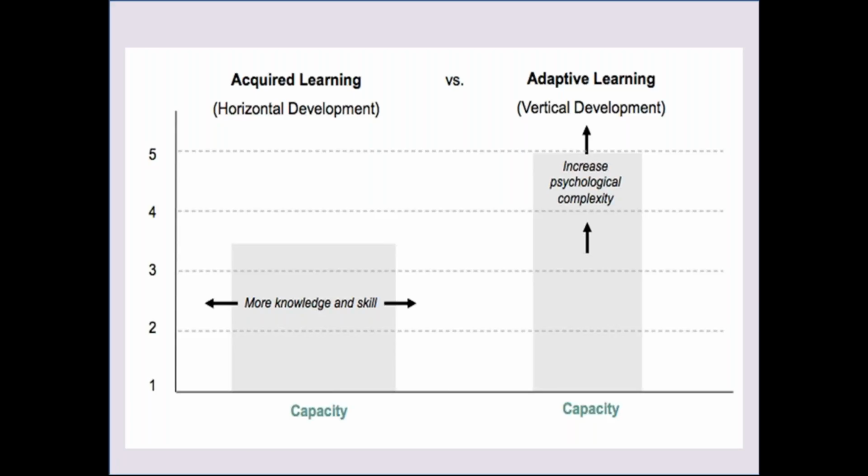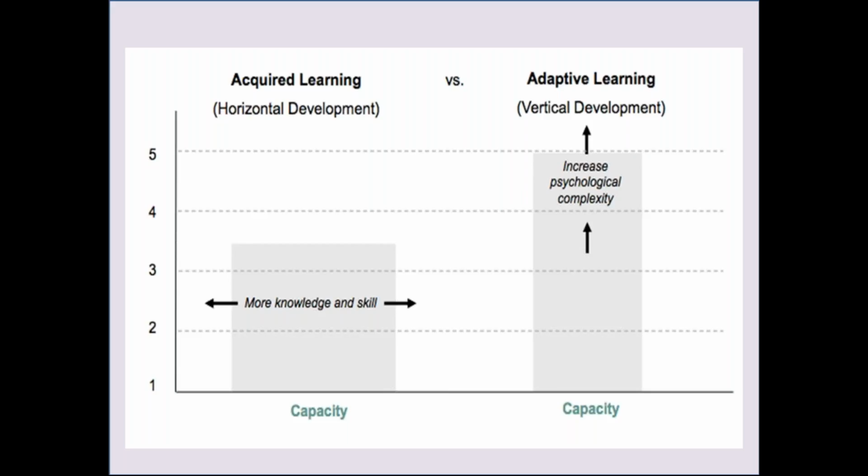So as you can see here, this is a different representation of what is acquired learning and adaptive learning. Acquired learning, we call it horizontal development. It means more knowledge and skill, similar to the way a person can keep adding after his or her name a BE, ME, MBA, PMP, CSR. So that is more of an acquired learning. So you keep acquiring more and more knowledge and skills. But